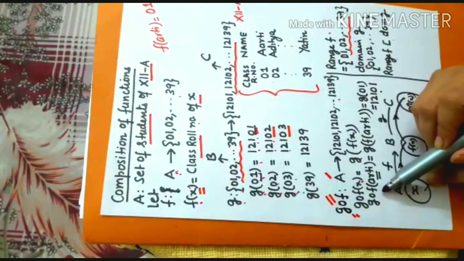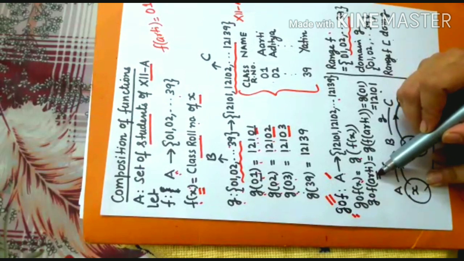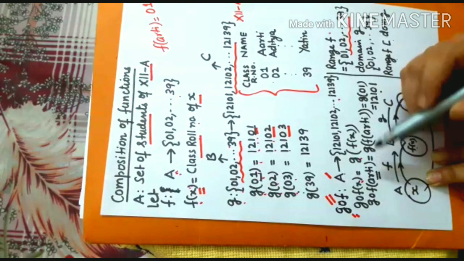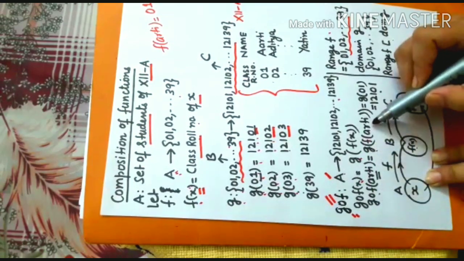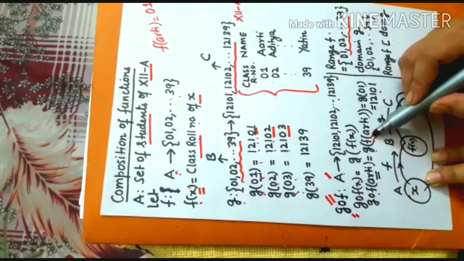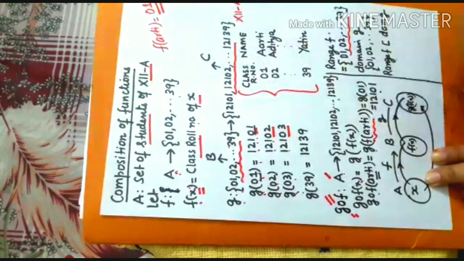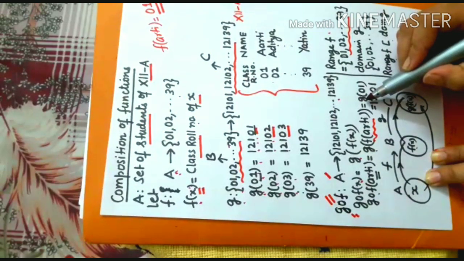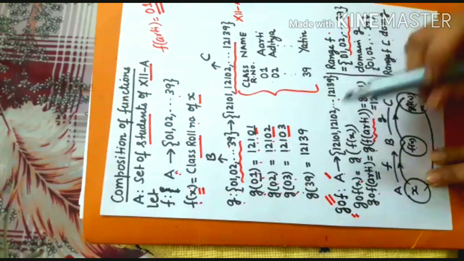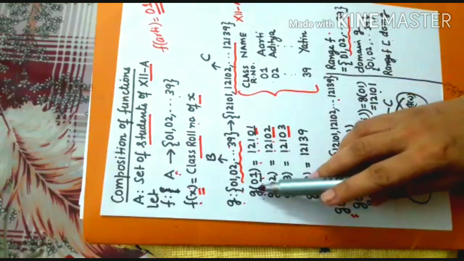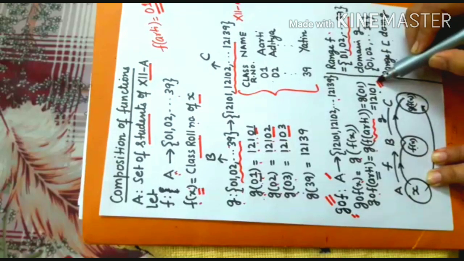Now under the composition function GOF, the image of r will be equal to g(f(r)). Now according to the definition, f(r) is equal to 0, 1. So I'll get g of 0, 1. And by the definition of the function g, g of 0, 1 is 1, 2, 1, 0, 1.